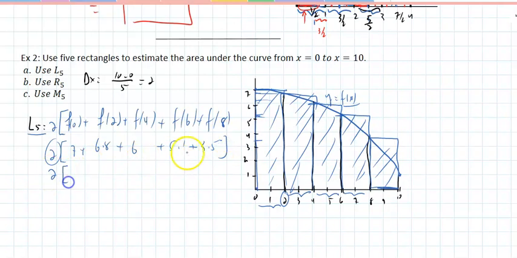The left-hand approximation is roughly 7 plus 6.8 plus 6 plus 5.1 plus 3.5, that is 28.4. So the area is roughly 14.2. That's the left-hand approximation. The right-hand approximation,